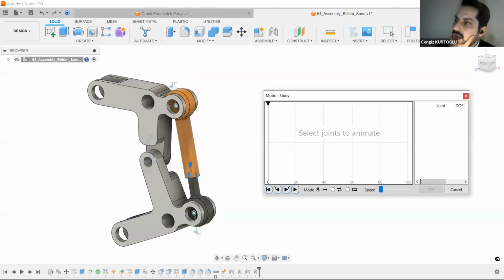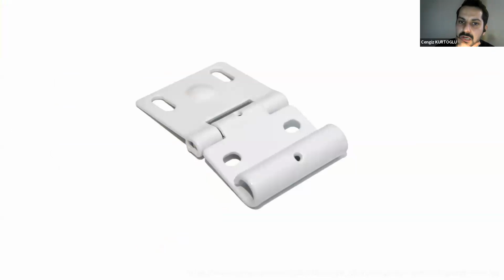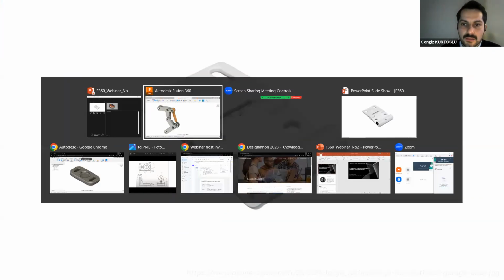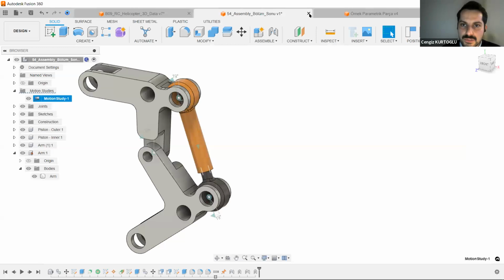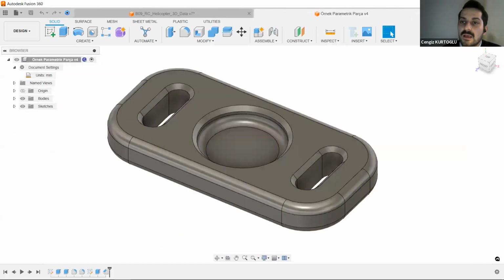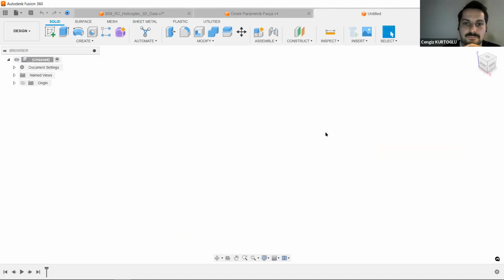Well, now I would like to continue other explanation as a hinge mechanism design. I will quickly show you to create 2 parts and how do we get add some joints on these parts. Well, let's go back to Fusion. I will create a new design, and I just want to